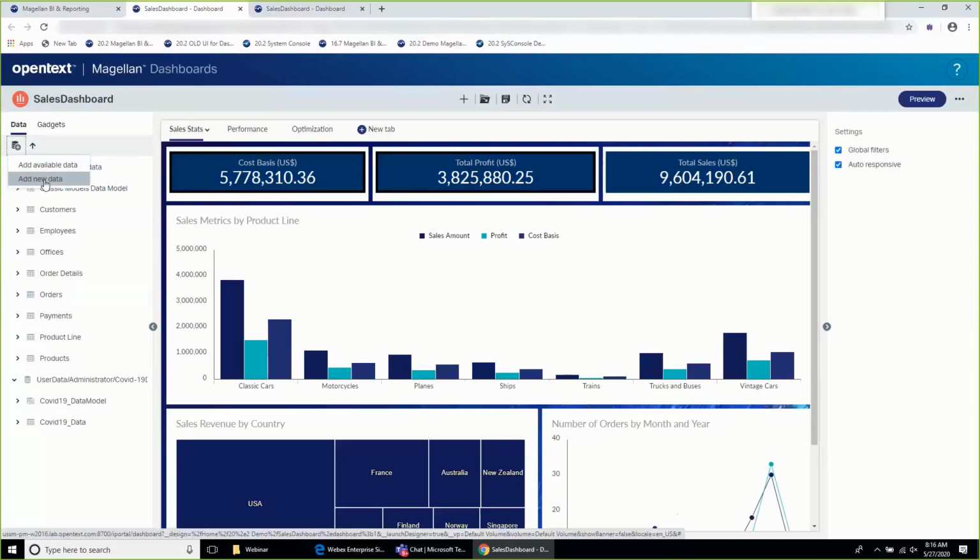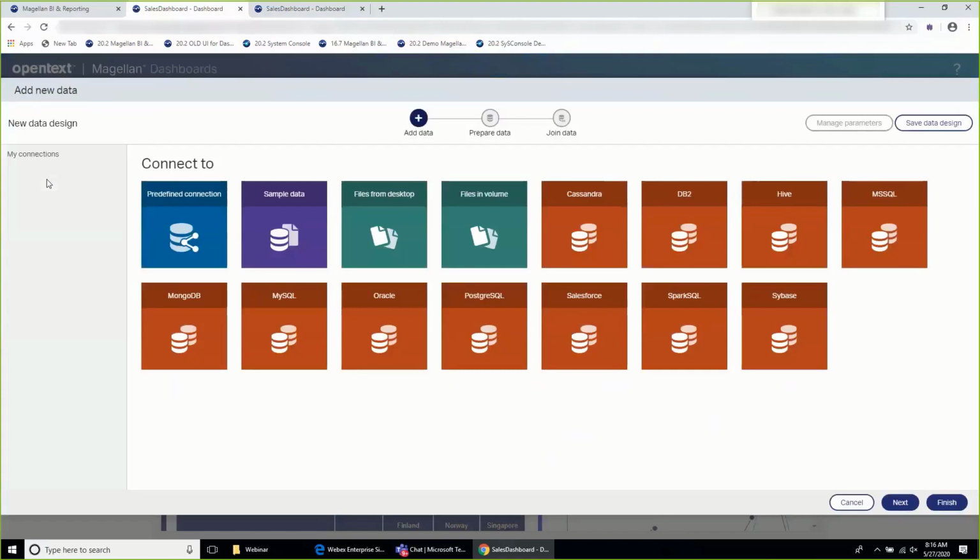If I click here on add new data, it launches in context, and that's the key point, the familiar self-service data preparation environment, which we introduced 2 years ago as part of release 16.4 to enable business users to access, prepare, and model or join the needed external data, which in our case resides in a CSV file, which is on my desktop.